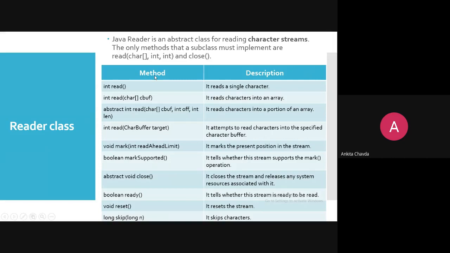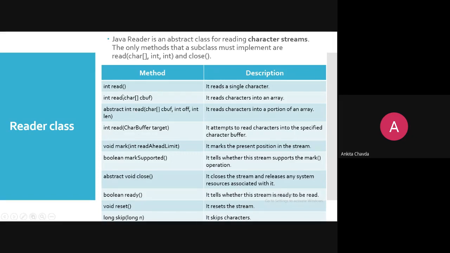Then the other methods, which are common, are the concrete methods like integer read, which will read a single character and will always return the data as an integer, because they are reading only the ASCII value of it. So that is for sure. Whatever you are reading is an integer. There is no mistake here. Their return type is integer only.